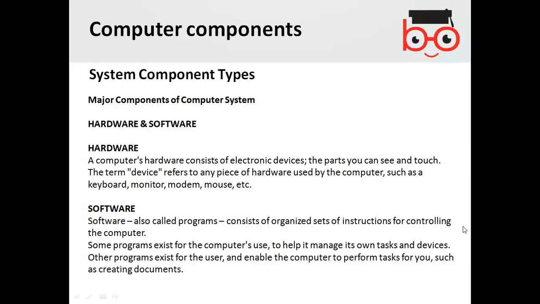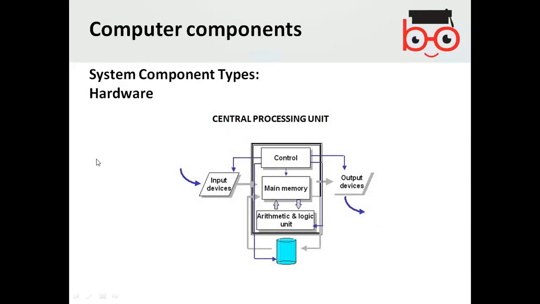Let us go into further classification. Hardware. Basically, the hardware has a unit called the CPU. You must have heard about the CPU. It's called the Central Processing Unit. Normally, you might have heard that you have a desktop computer, you have a keyboard, you have a mouse, and you have a printer. You have a box of the computer that's called the CPU. But basically that is not a CPU itself. That's the casing of a desktop computer.